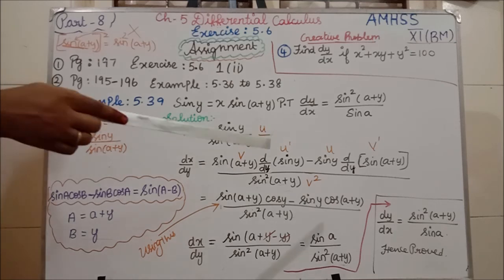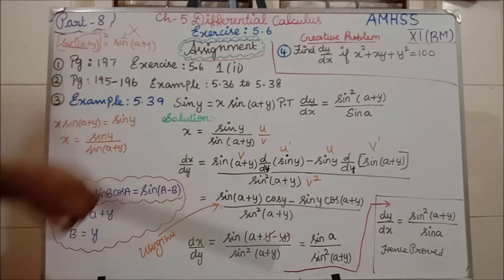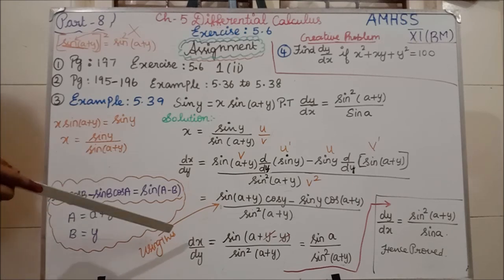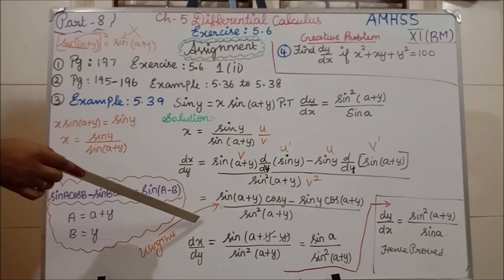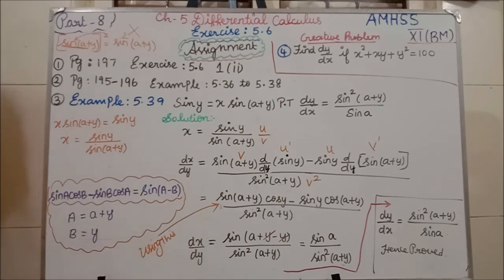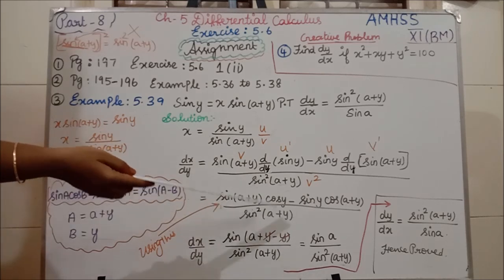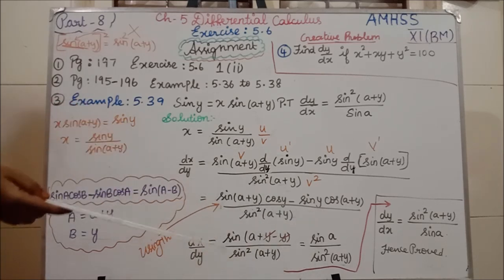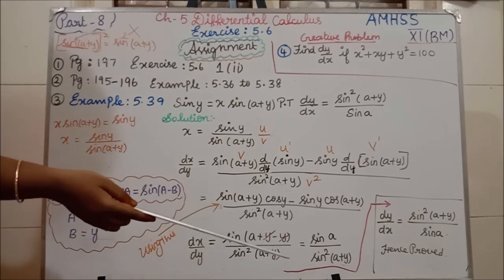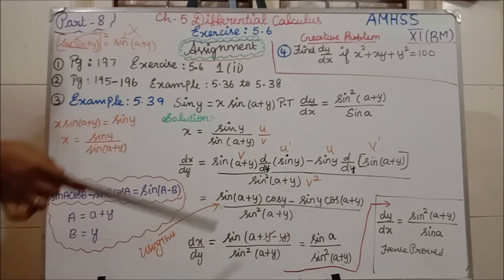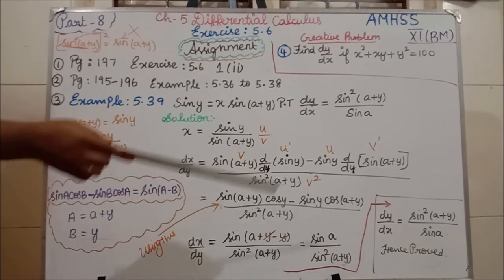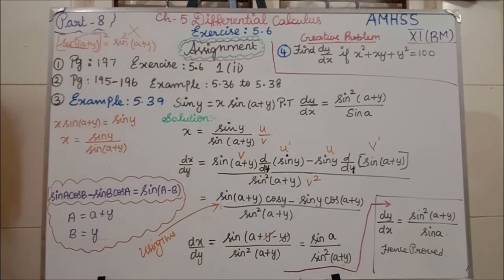Clear, students? Next step, what we have to find? dy by dx only we need. But here, dx by dy we are having. Which means this dy has to go to the numerator and dx has to come to the denominator. When you are interchanging the left hand side, similarly the RHS part also will get interchanged. So dy by dx is equal to sine square a plus y in the numerator, sine a in the denominator. That only we have to prove. So write the last step: ends, proved. Clear students, all of you, this third question?